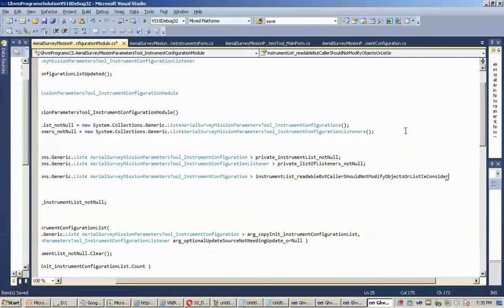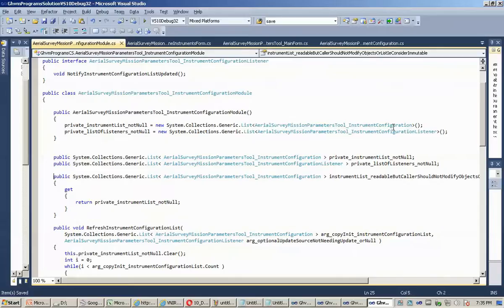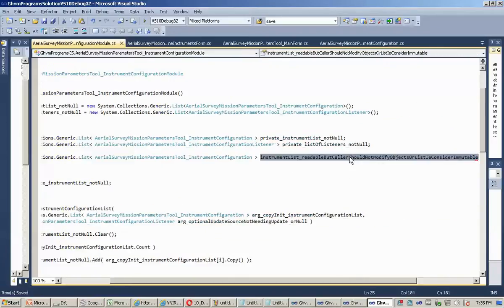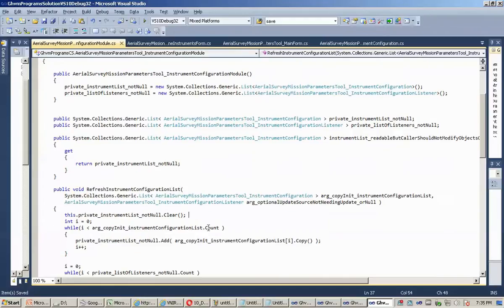i.e., consider immutable. And this actually works because in another way, which is that we within the module are also not going to modify this. Actually, we do. We clear it. In order to make this a little nicer, where someone can read this and hold on to the reference if they want, but it should be read-only from that point, I'm going to,